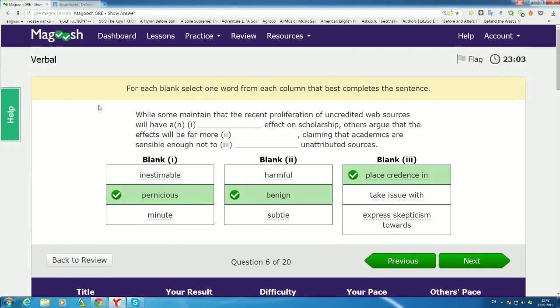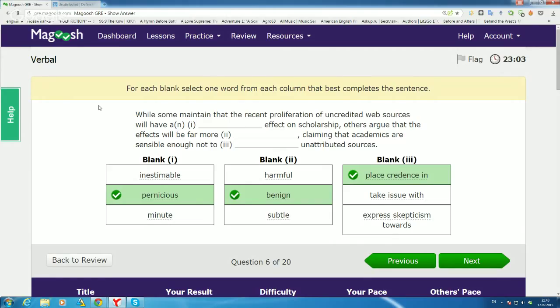Credence, another word that you will see is credibility. These words are related. Credibility is believability. Credible. She is quite credible. That means you can believe what she says. He is not credible. It means don't believe what he says. So we have this phrasal verb, to place credence in, and it means to believe.